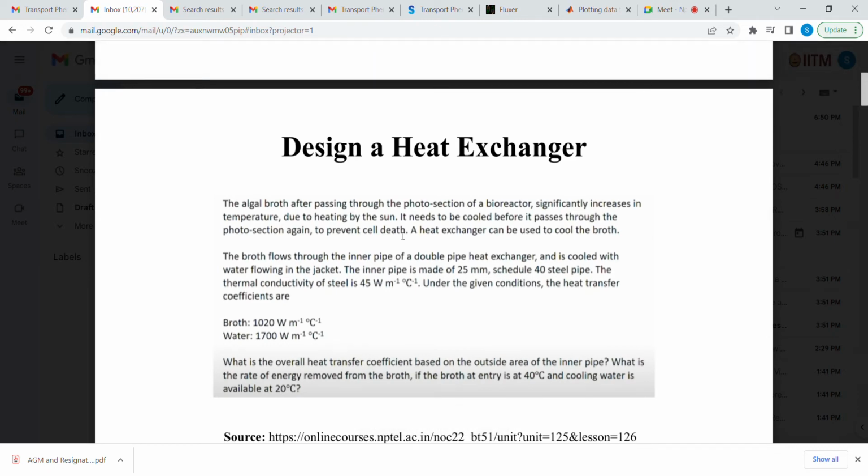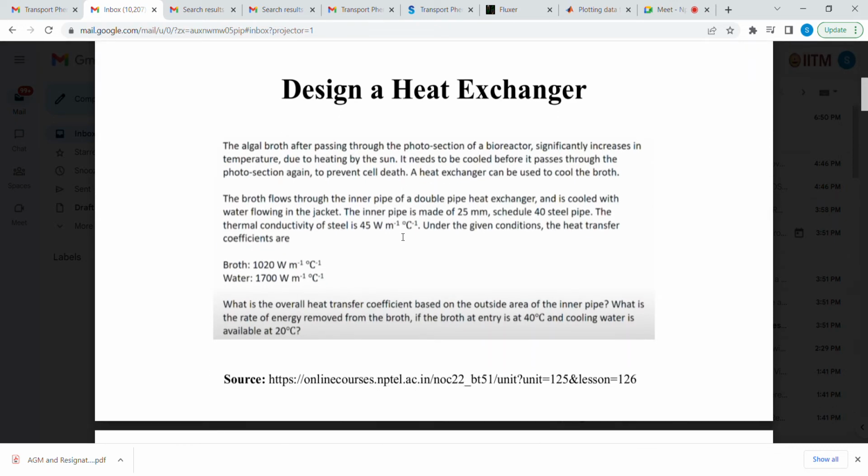Alright then, let's start. Today we are going to look at a specific problem, and why we are going to look at this specific problem is it has a fair bit of detail inside it, and a fair bit of application-oriented phenomena inside it. This is taken from the NPTEL course. So I would give you a minute, and I'll